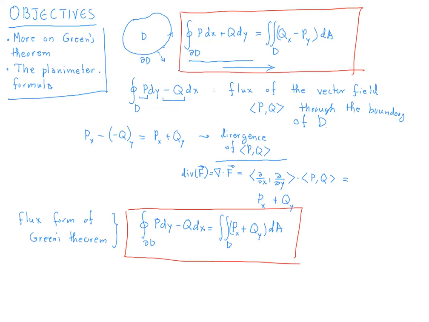So if you take the first formula, for example, which is known as the circulation form of Green's theorem, then if you replace P by negative Q and Q by P, then you obtain the flux form. So it's not something that has to be proven separately. And as far as the memorization of the formula itself is concerned, the only thing that one should